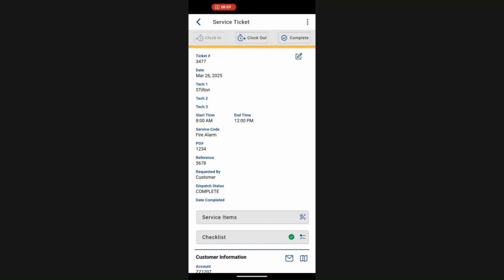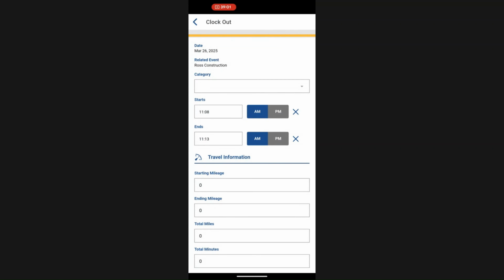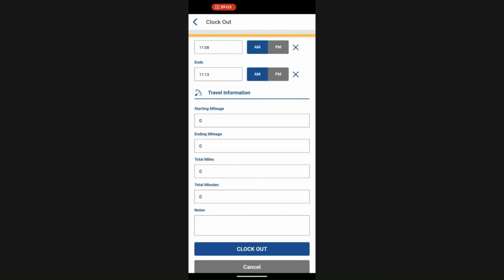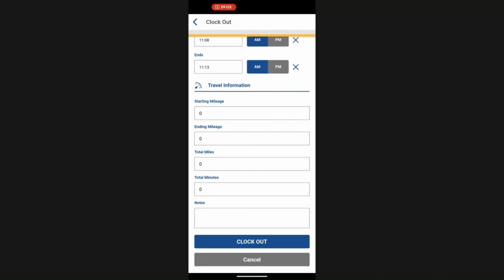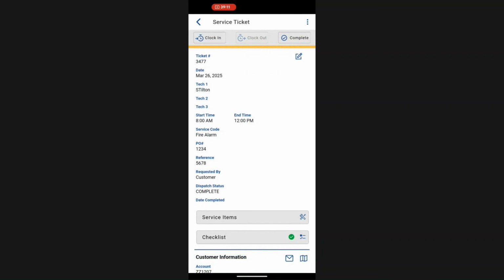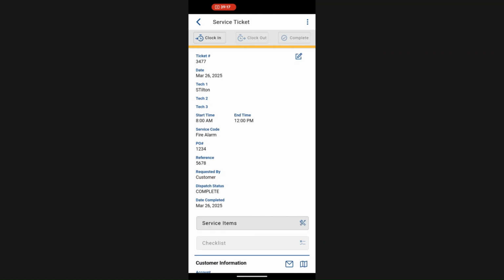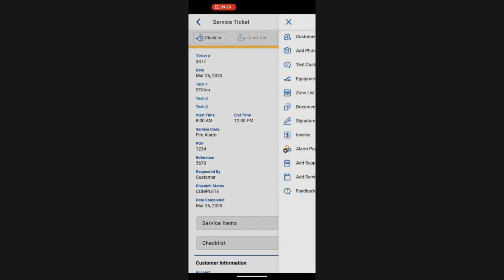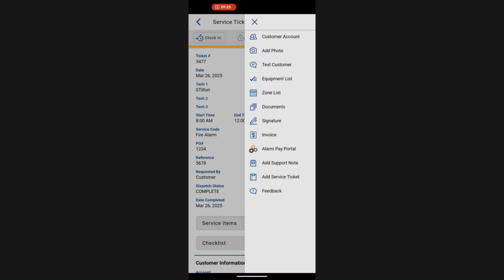To complete this job, all I need to do is simply clock out, add in any information such as starting mileage, miles, minutes, and notes. And now I can click complete, completing this job for today. Now that it has been completed, I can go ahead and invoice in the field and take payment. If I go back to my kebab and click invoice,